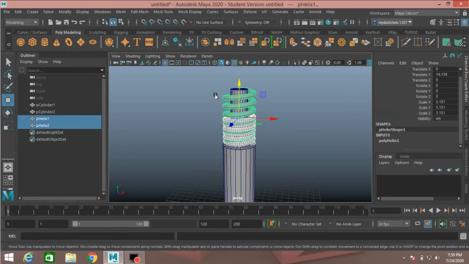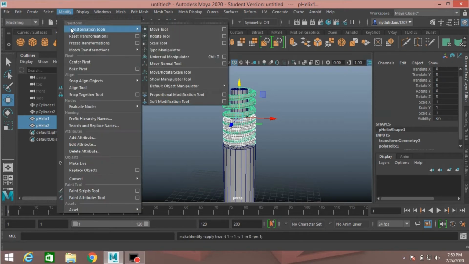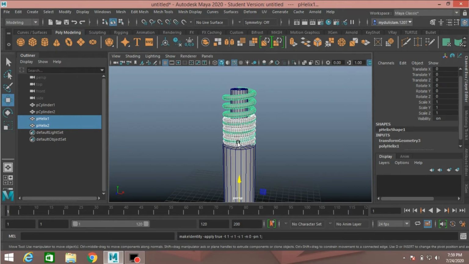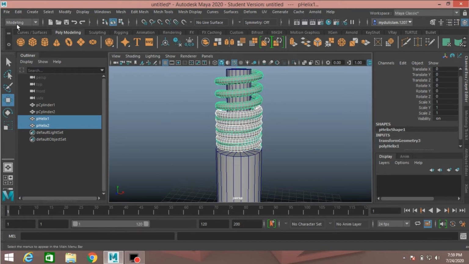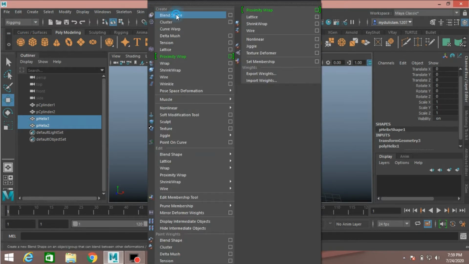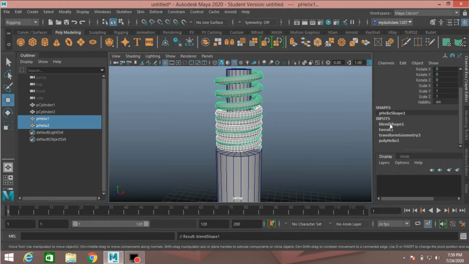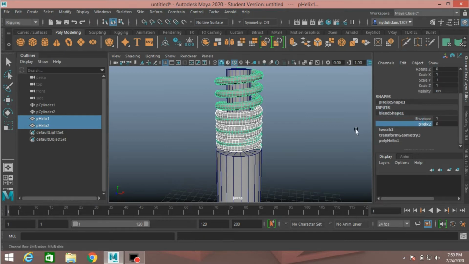Now select the two helix, go to modify, freeze transformation, again go to modify, reset transformation. Now first select the second helix, shift select the first helix, change modeling menu to rigging menu, go to deform, select blend shape, open blend shape 1 and increase the number just like this.